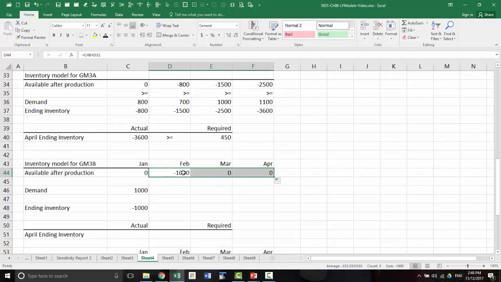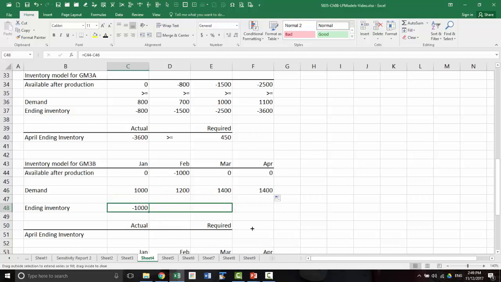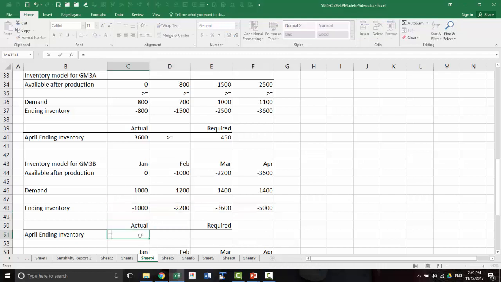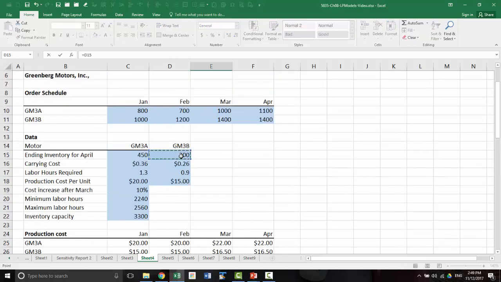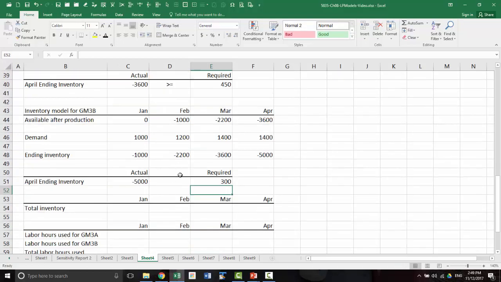The reason why we had to do February separately is because it's different from January. So we had to set February up separately and then copy. Whereas for demand and ending inventory, it's the same formula for January through April. So it is sufficient to set up just for January and copy. Now, actual ending inventory for April is that, and the required is here. Again, that must be greater than or equal to